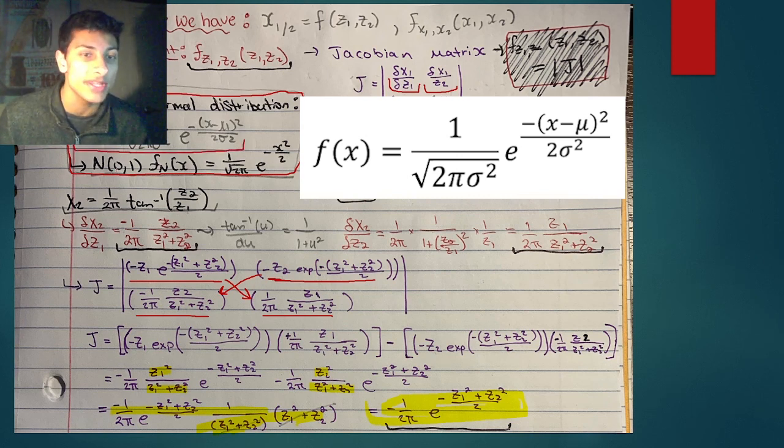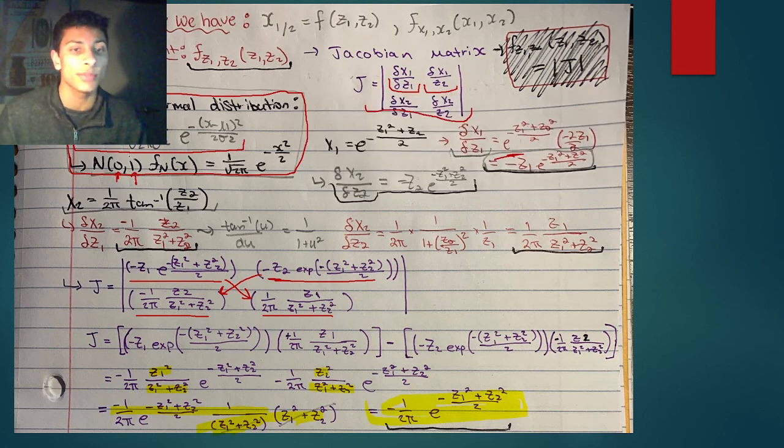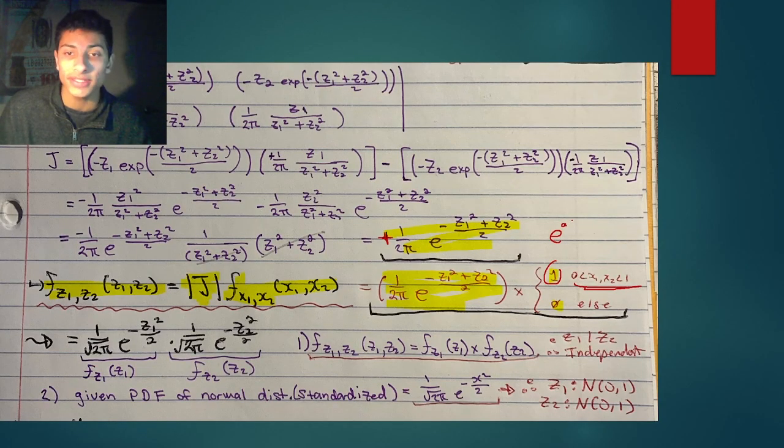And when we have a mean of 0 and a variance or a standard deviation of 1, this is going to simplify because our sigmas are going to be 1 and our mu is going to be 0. So this is just going to simplify over to 1 over root 2 pi times e to the minus x squared over 2. We know that e to the a plus b is equal to e to the a times